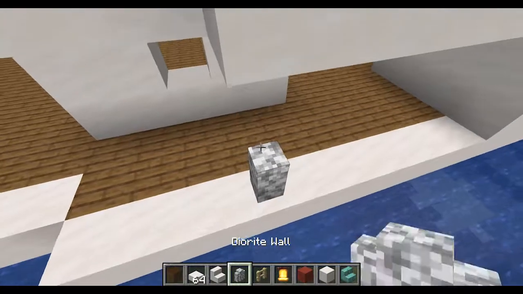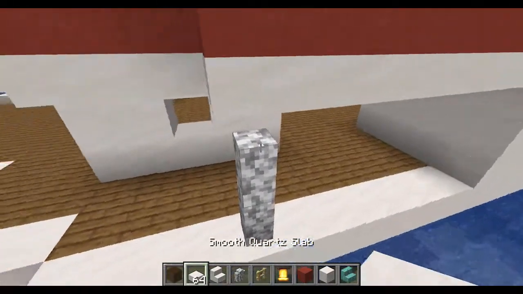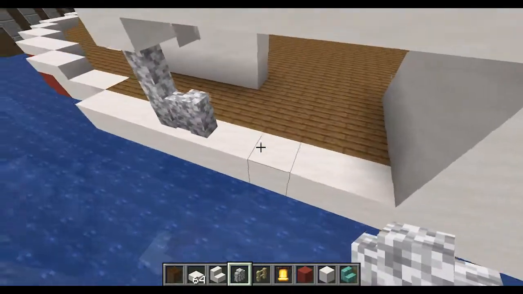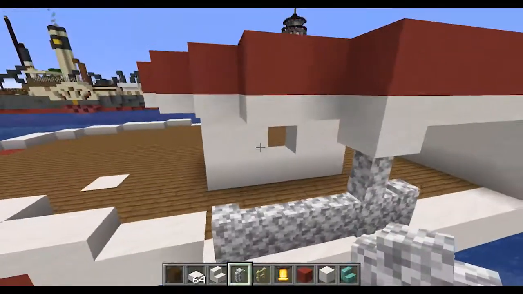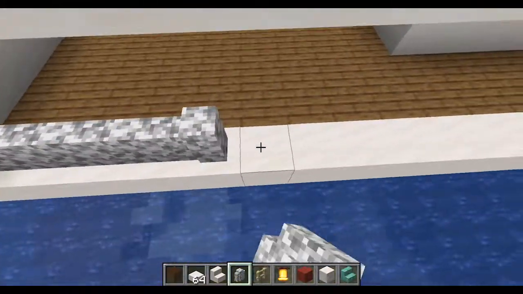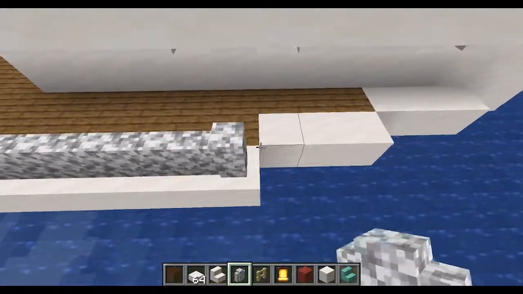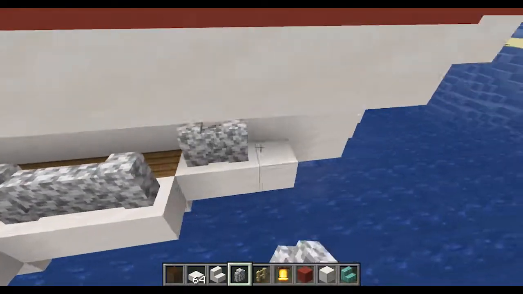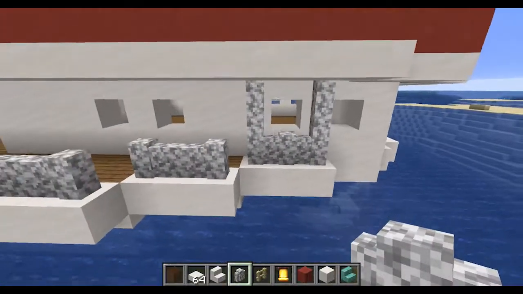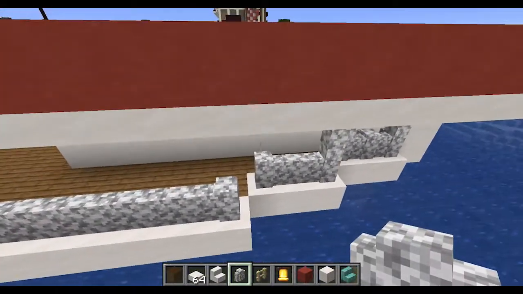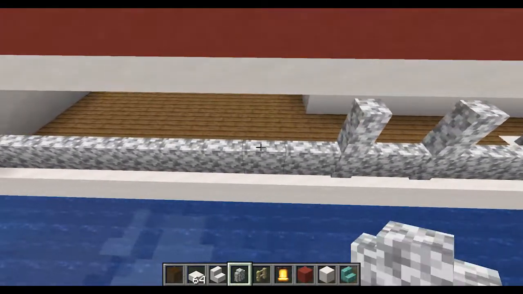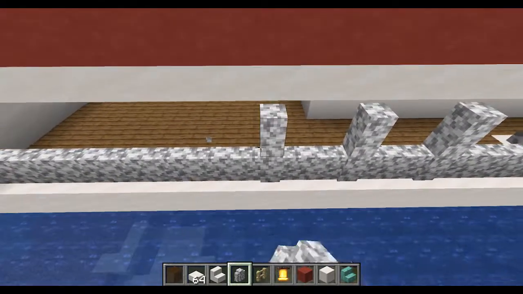Alright, now I'm gonna use diorite. Oh boy, it's gotta be a first. But essentially what I'm going to do is, because it's the only thing that's got kind of a white look to it, or a white hue, I'm gonna use that for the support beams holding up the second floor, I guess you could say. That's a little detail. I really can't wait until they come out with marble fencing.